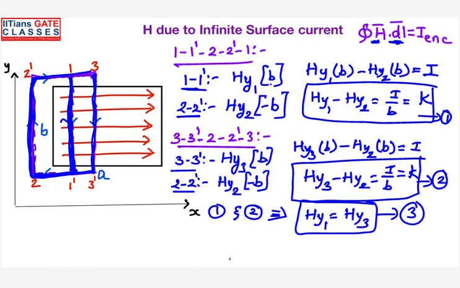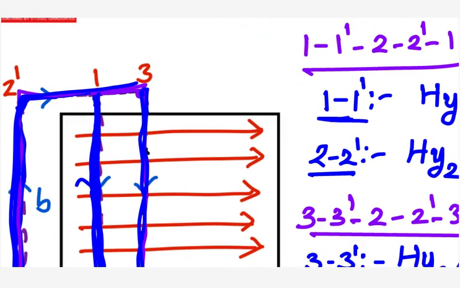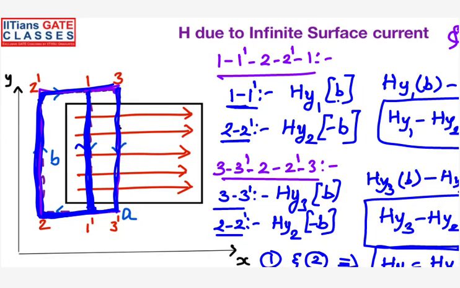So this time you are increasing the distance. Instead of taking the loop closer to the sheet, you have extended the loop. That means far from the sheet. And again, I was remaining 2 to 2 prime as same as that. So by comparing equation 1 and 2, what conclusion was I getting? Even when you consider a loop in the y direction, one time near, and the same loop parallel to the y-axis but moving very, very far away from the source, whether you move away from the source or near to the source, as long as you are moving parallel to y-axis, the magnetic field intensity remains same.